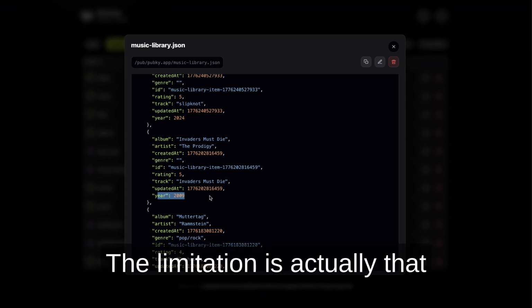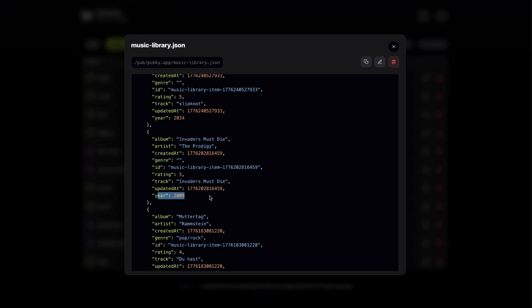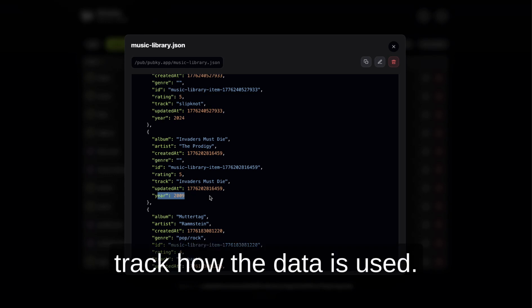The limitation is that it's still really hard to track how the data is used.